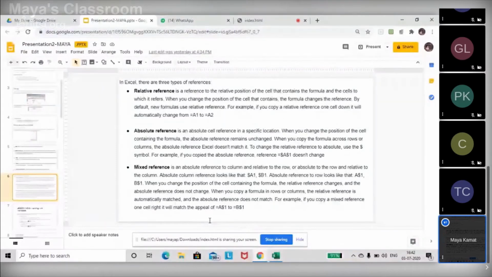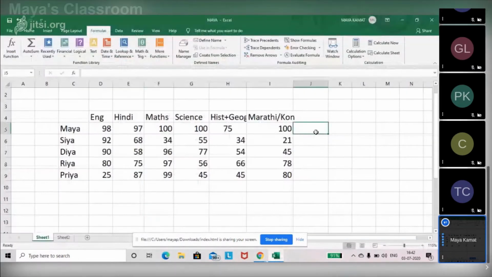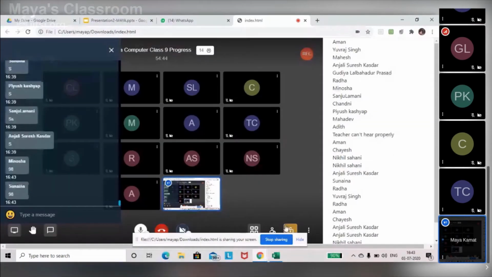Now, in simple terms, when we say relative reference, what happens in Excel? Just notice what I'm doing over here. A simple formula to demonstrate what is relative referencing. In this cell, I'm trying to get data from cell D5. So what should be the data? Tell me quickly. 98.